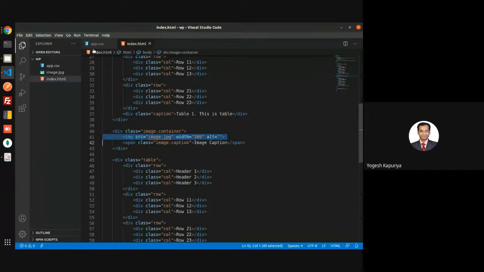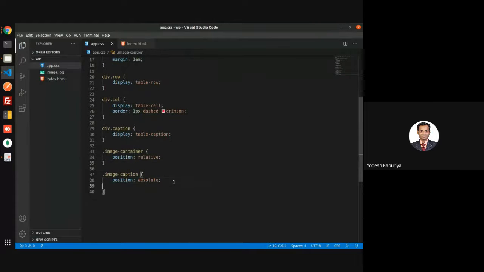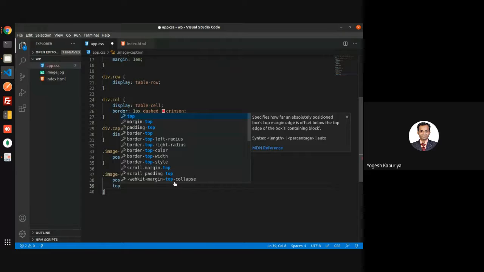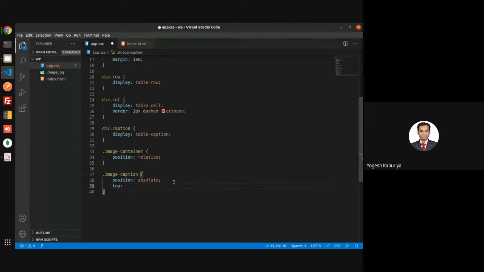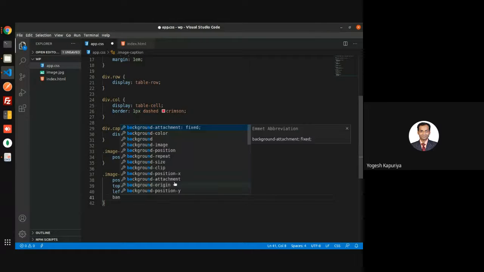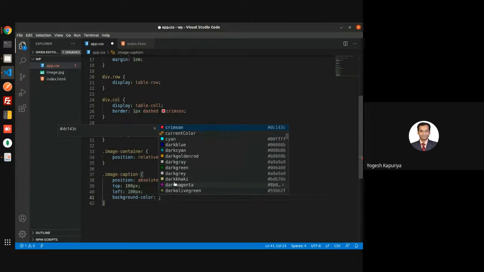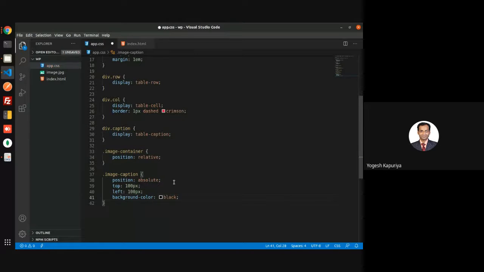So the parent should be relative, and then we can mention a relative positioning, let's say 100 pixel and 100 pixel. Background color is black and color is white.